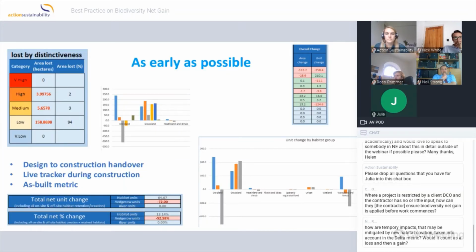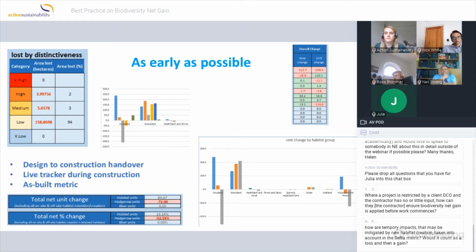Now, I'm going to come back to this point, but we've got to use this as early as possible. When we had that word cloud, people were asking for practical advice. An action tip, it's this. Don't wait for the magic source of perfect data. I spend my life on Google Maps, even more so under lockdown, but use it as early as possible because the metric helps make decisions, and we don't want to leave that too late.